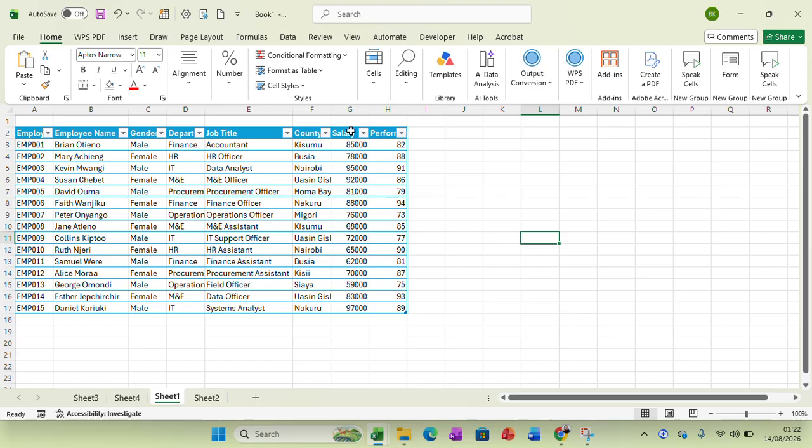Salary, 85,000, 78,000, 95,000, 92,000, 81,000, 88,000, 76,000, 68,000, 72,000, 65,000, 62,000, 70,000,